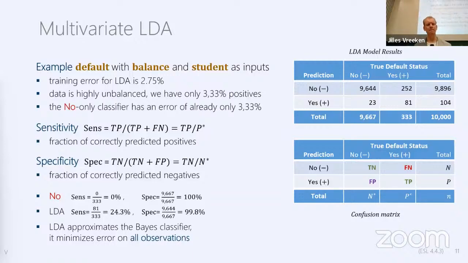Because if we look at the total number of no's, it's almost 10,000, and the total number of yeses is 333 out of 10,000. So if we just have a super simple classifier, the trivial no classifier that always says no, we already have an error of 3.33%. Okay, then 2.75 is obviously a little bit better, but